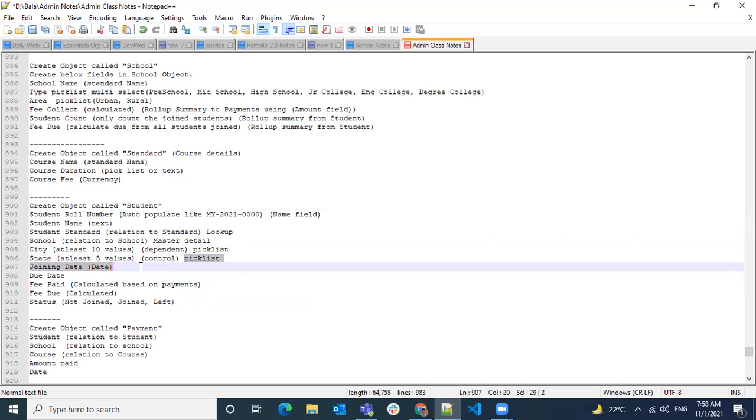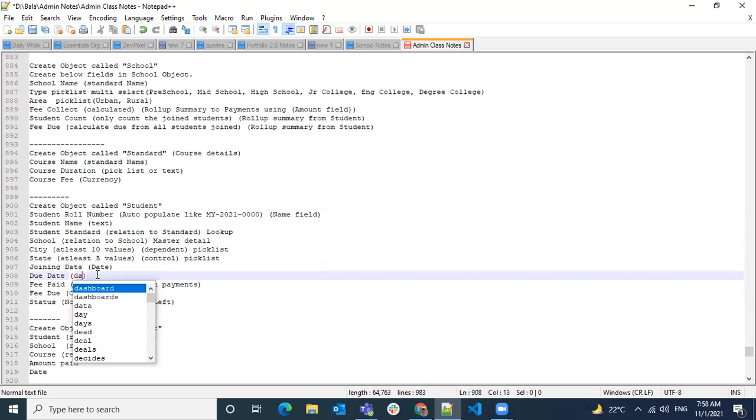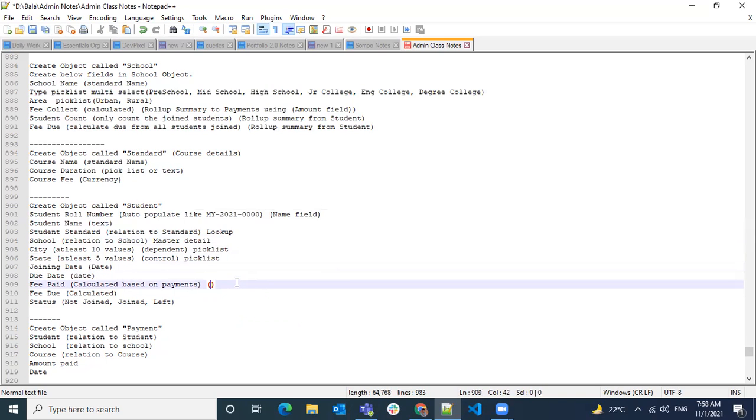Due date also is going to be a date type. And fee paid is going to be a roll-up summary, sum of payments. Fee due